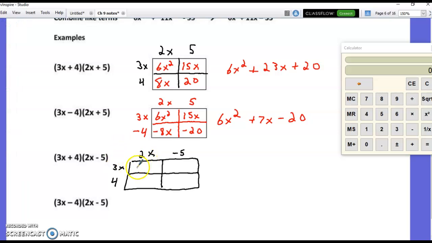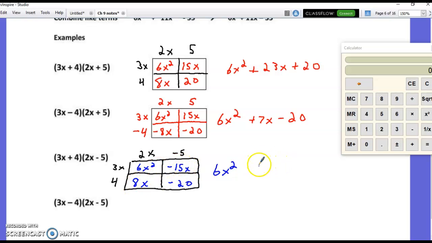So we have 2 times that. We got 6x squared. It goes pretty quick once you get the hang of it. 8x, -15x, and again, use that calculator for negatives if you're not sure on your negative rules, or your integer rules. And then -5 times 4 would be a -20. So we're going to combine these. So this becomes 6x squared,